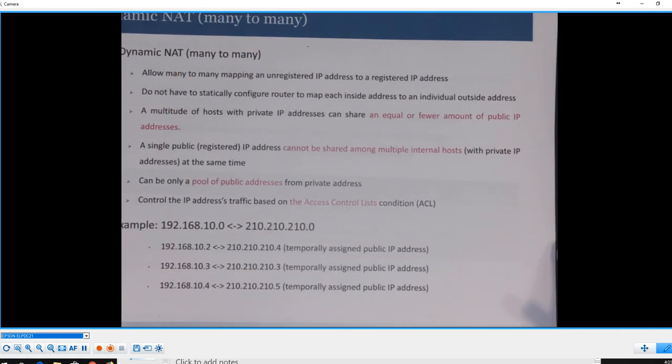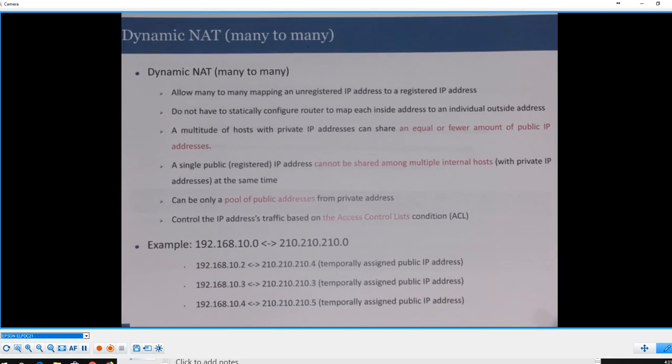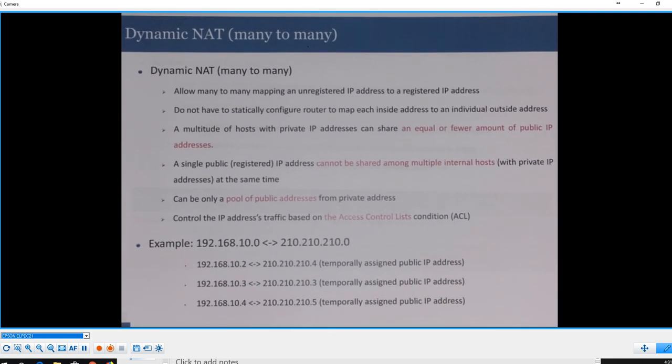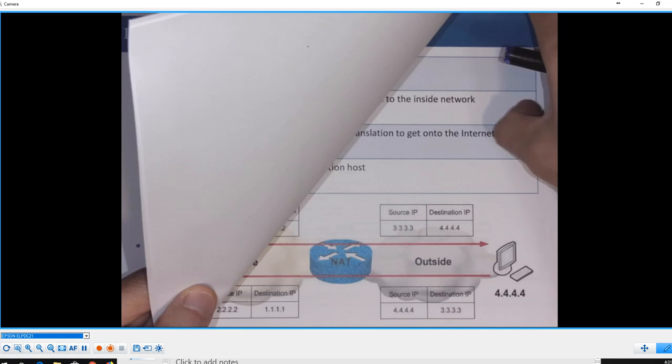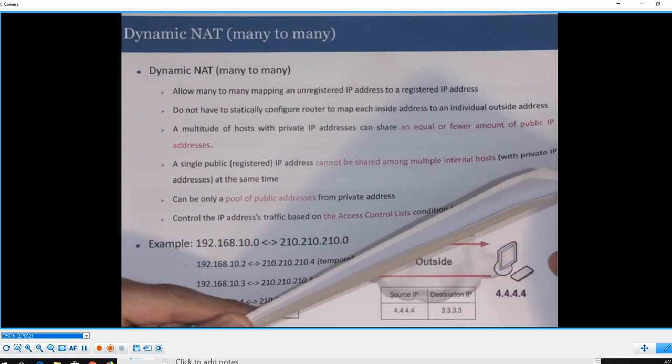Okay. Now the next. Now I think you guys are ready, right? You guys have all the background. Now it's time to talk about dynamic NAT. It's called many-to-many. So basically the idea is this. The idea is,